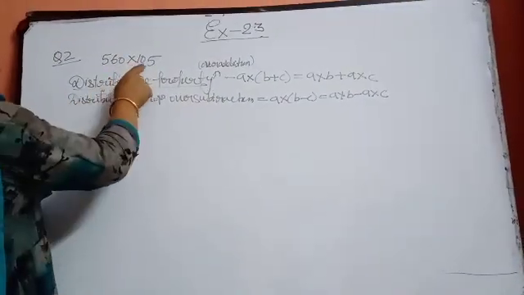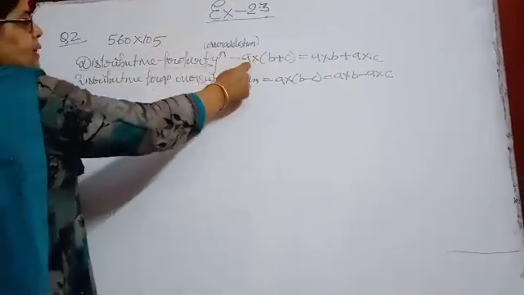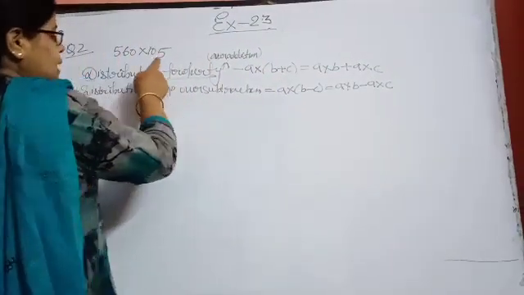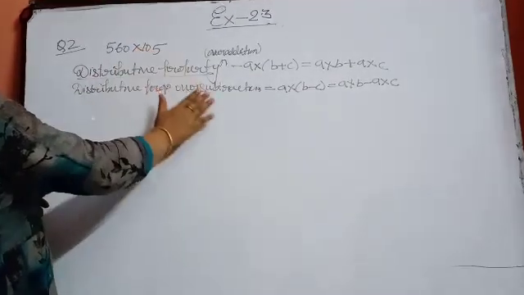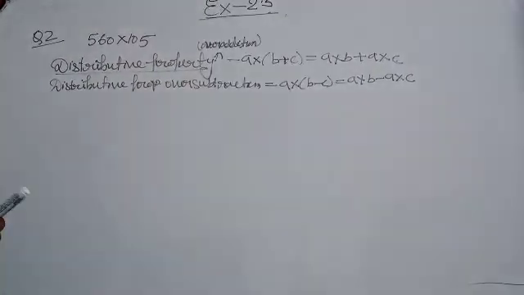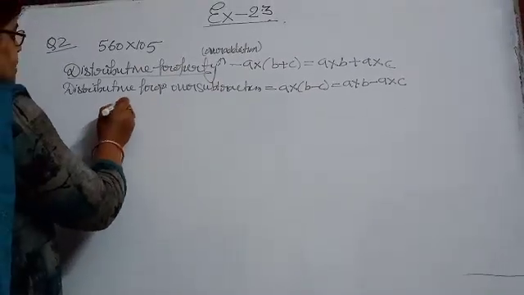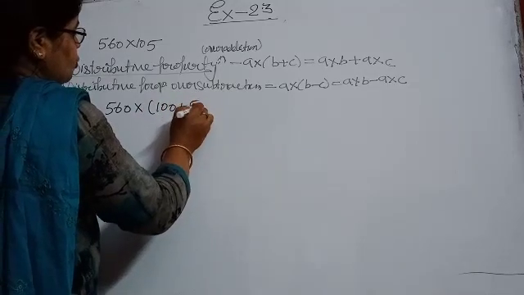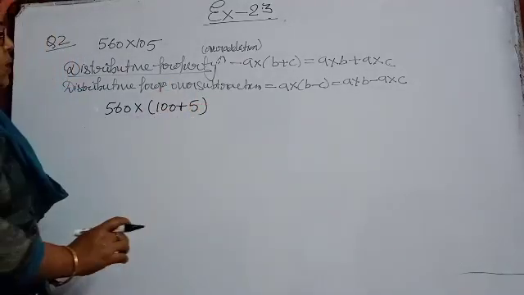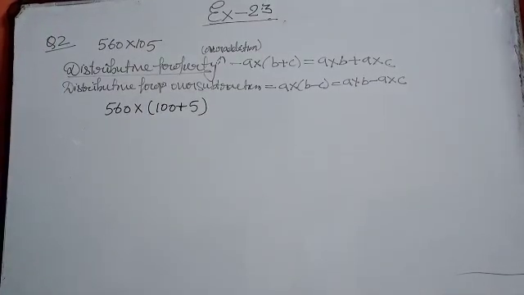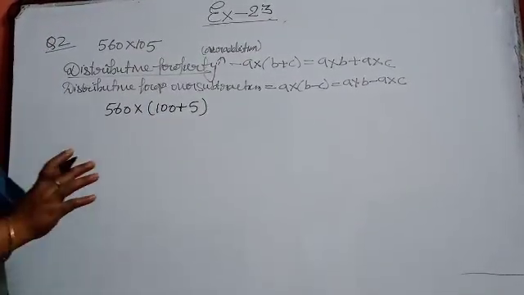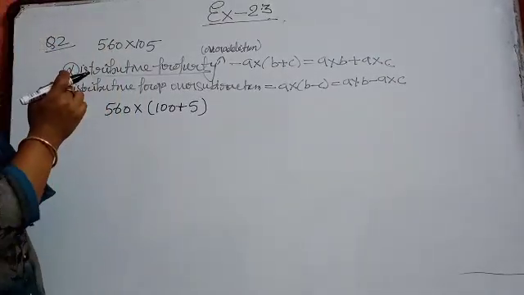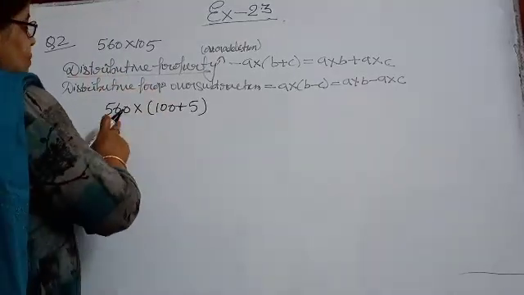Now if the number is more than 100, in that case the property over addition will be used. If the number is less than 100, then the subtraction property will be used. See that now 560 into 105, how we can write 105: 100 plus 5. Why am I doing this question again in a repetition form? Because the children are making a lot of mistakes in this question. See how I am doing it, and then perform the rest. Till now, all the students who have sent me the answer have done it wrong.